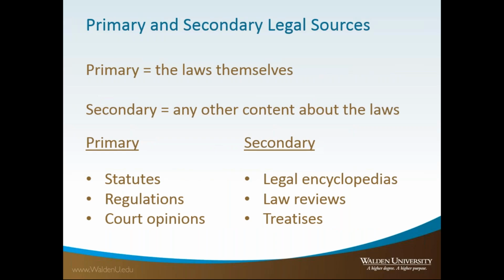Okay, so whenever a student comes to me and wants some help finding legal documents on their topic, I typically recommend that they start their search with secondary sources. Why would I suggest this? Well, a lot of times the text of laws themselves or other legal documents can be seemingly incomprehensible to those without a legal background, and this could lead to some potential frustration. And I just want to briefly show you